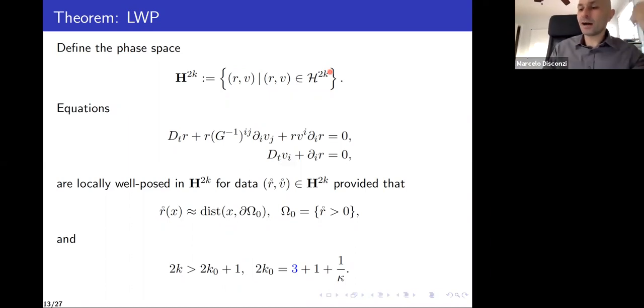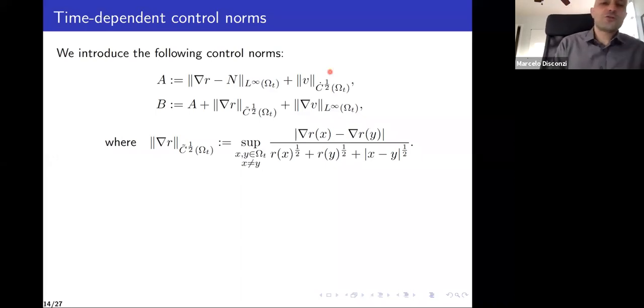And the next result that I'm going to state is the result about a continuation criterion, when we can continue the solutions. You have the solution up to a certain time, an open interval in time. Can you continue past that end point in your time interval? But to state that, first I need to introduce some more norms. We call them control norms, A and B, given by these complicated expressions, which I'm going to explain.